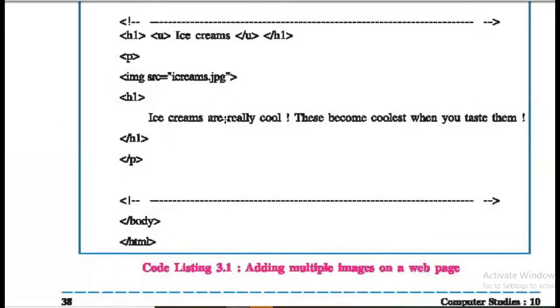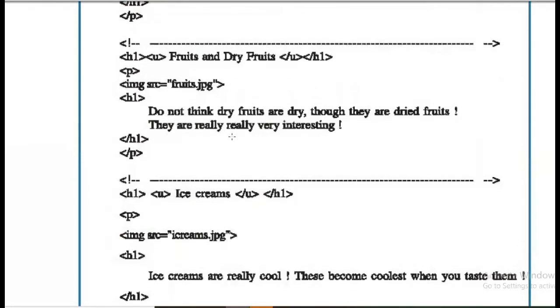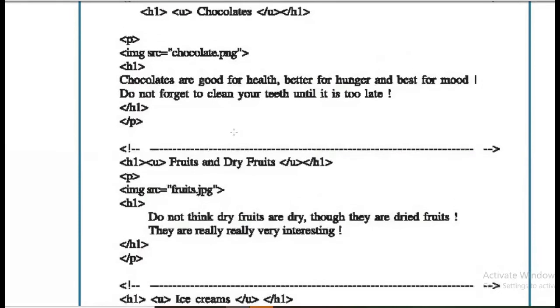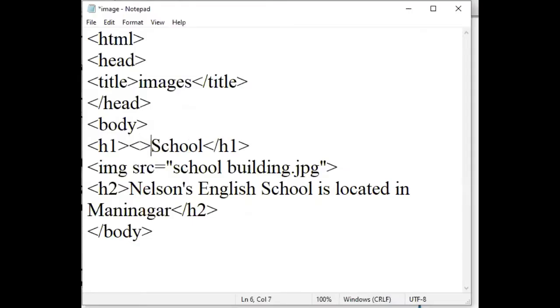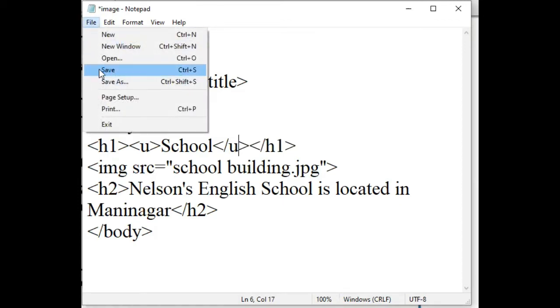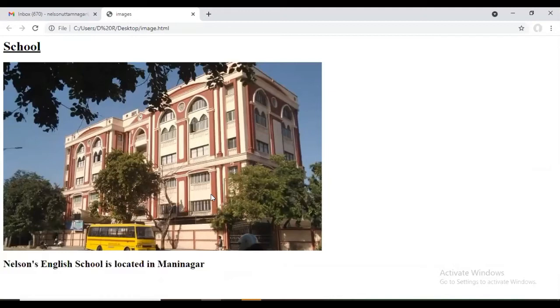Now you can see that something is underlined in that output, but that is not part of a link. So to underline this, we can use this U here. That is for underline. We have seen this in basic text formatting: bold, italics, underline, strike, superscript, subscript, like that. So now refresh it. Now you are getting that underlined.